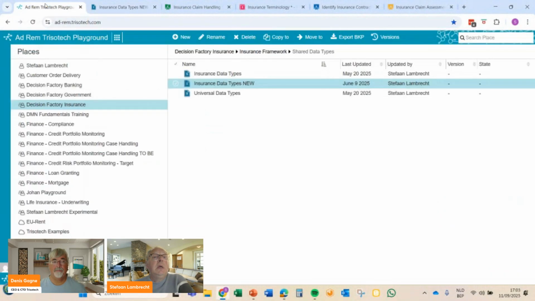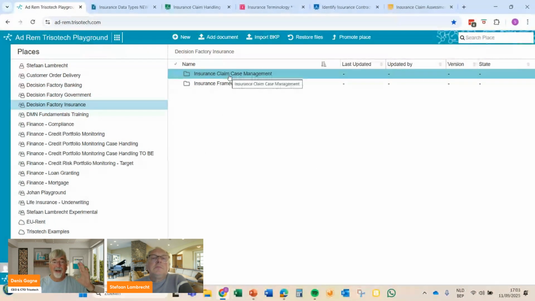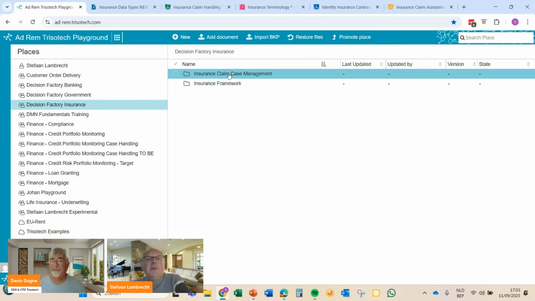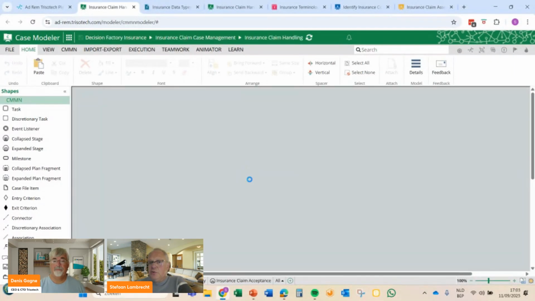Okay. And so from this singular view, you have both everything that was provided about that claim at any time and all the different decisions that were taken based on that data environment. Yeah, indeed. And what I'm going to show now to round it all up is, in fact, I made a simplified version to show you how the entire claim handling can take place based upon a DMN or a decision model that is really controlling everything.